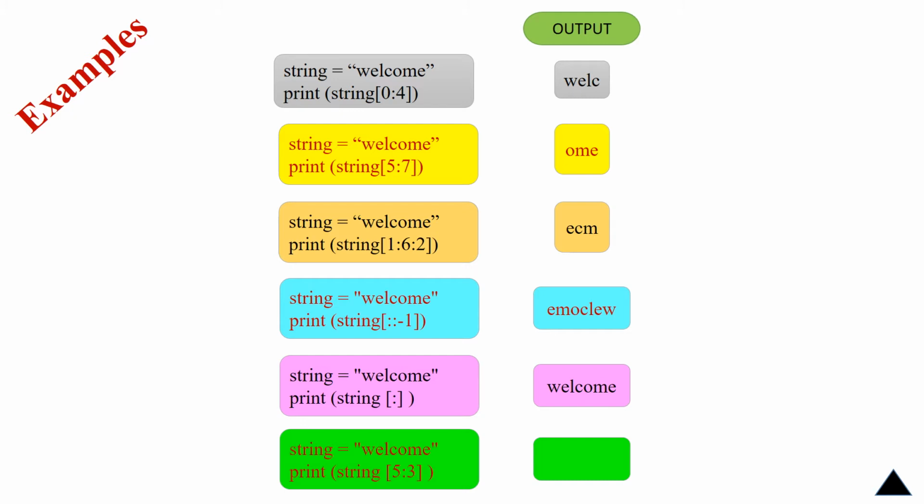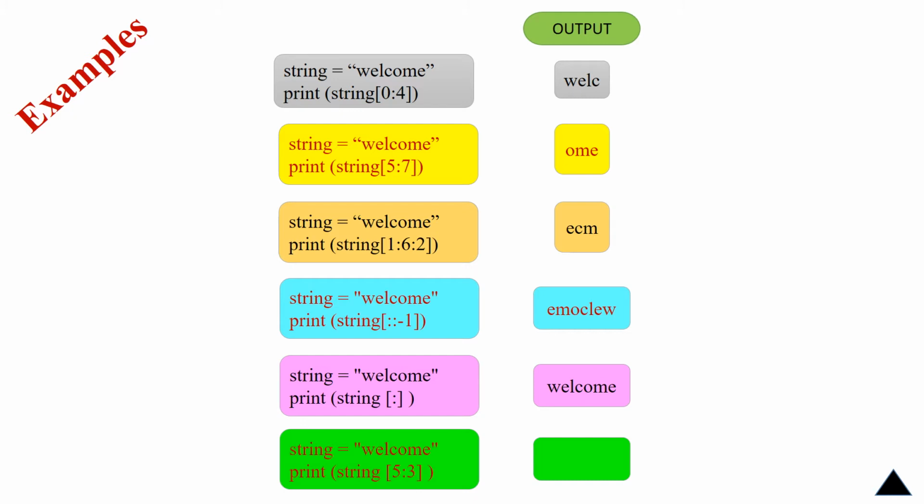See the next example, here both values, that is the starting index, ending index, and the increment value. Here it will be incremented two times. The first value is E, the first letter, that is the index starting from 1, the first index is E. Then the second value C, then M. There is no value after this, so ECM will get printed.